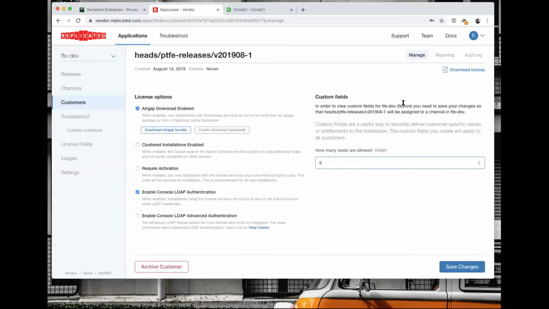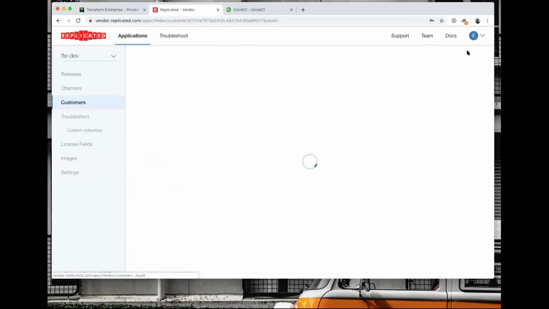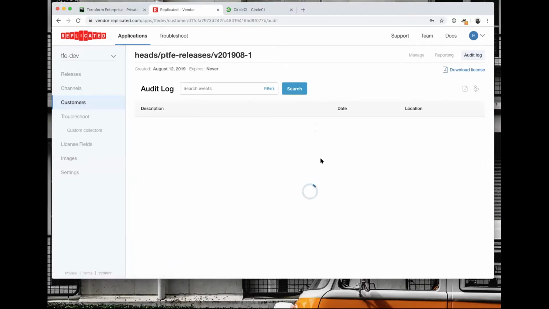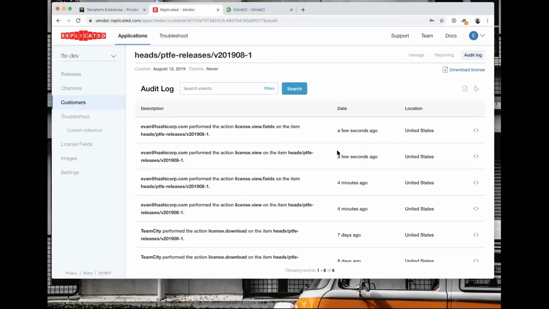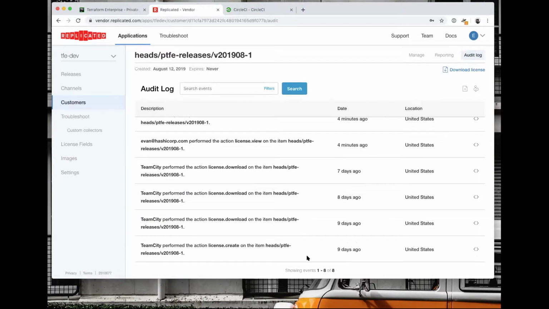One other thing that might be interesting to point out is the actual audit log for the installs. Obviously we've been mucking around inside here, but you can actually see it, especially as we allow account managers to go in and create licenses right now. This will show us who created this license, at what time, and when whatever happened.